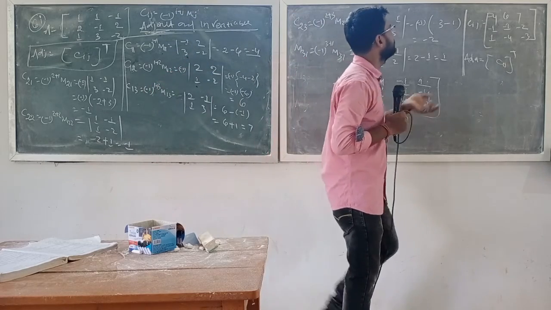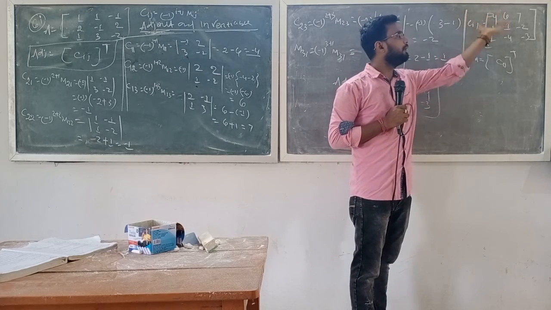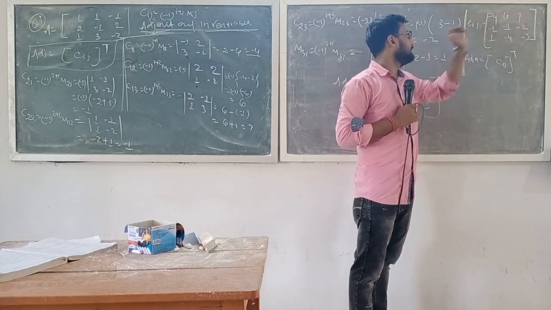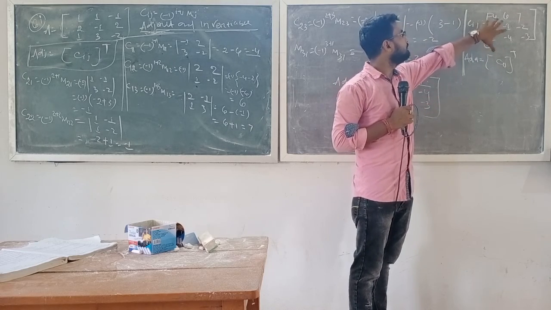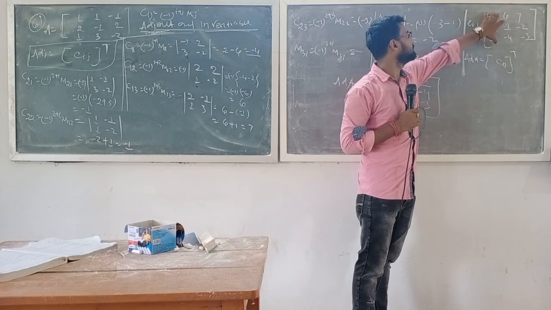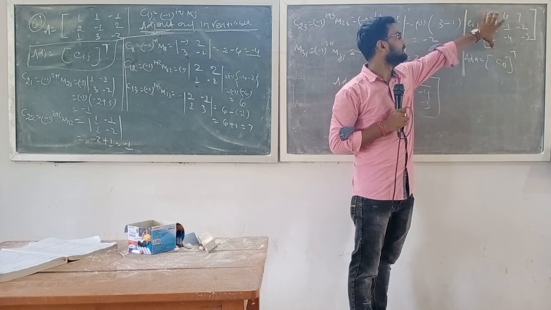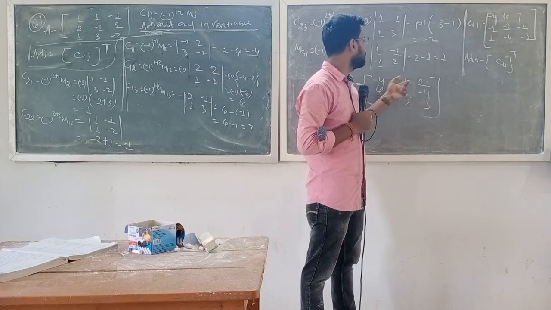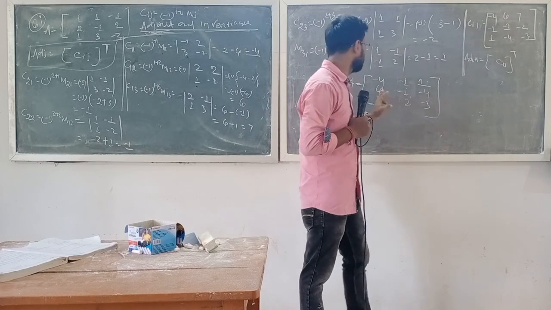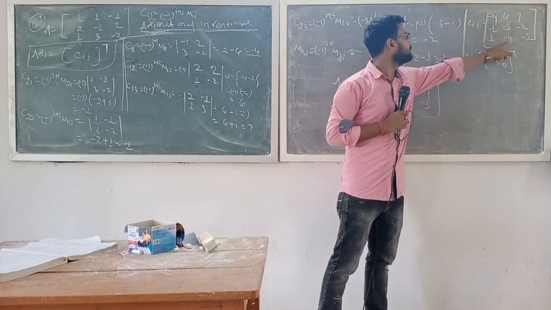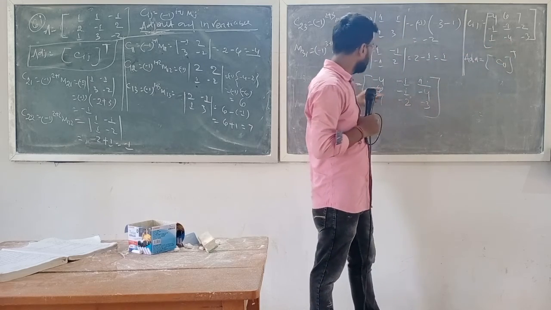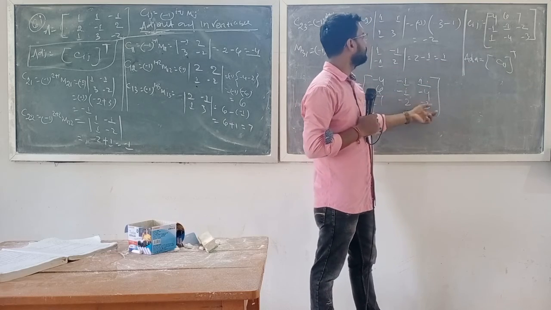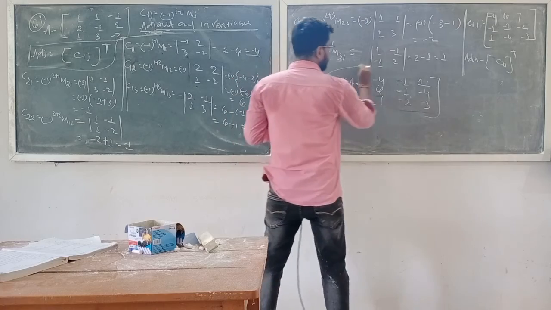And how to find it? You find the transpose of the cofactor matrix. Transpose of a cofactor means we transpose the rows into columns and columns into rows. These are columns: 4 -1 1. Now this 4 -1 1 is written row wise. 6 -1 -4 is written row wise. 7 -2 -3 written in column wise is now written row wise. This is the process to find the adjoint of A.